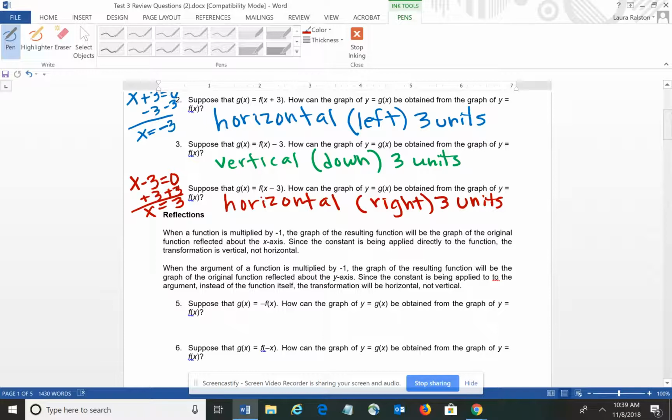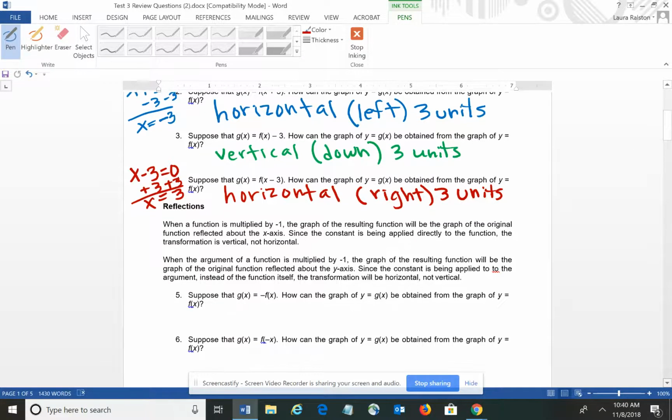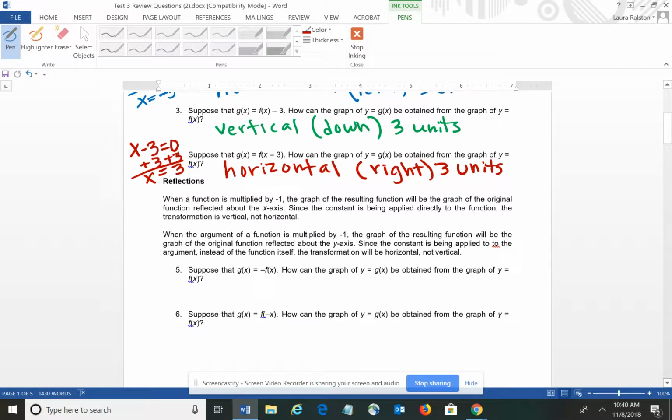And again, it depends upon the location of the value. It's really determined by the sign, whether it's positive or negative. In question 5, it says g of x equals the negative, and notice the negative is outside, in front of the f of x. That lets me know that we're going to